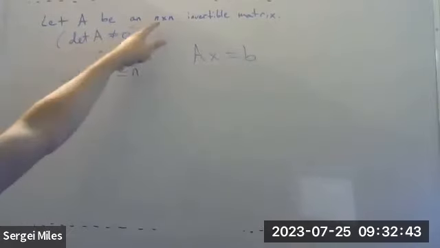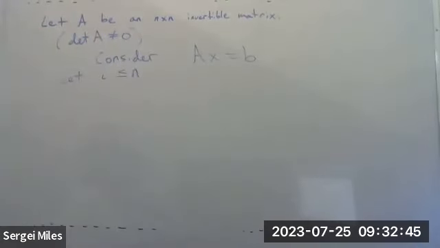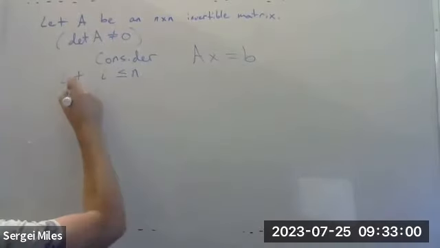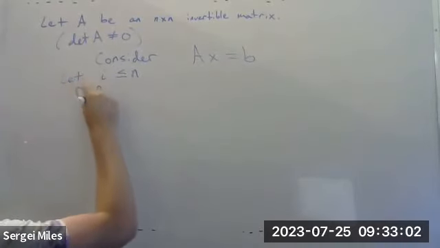But A is an n by n, so I don't have any row or column that is larger than n, right? I only have 1, 2, 3, up to n columns. So I need this i to be less than or equal to n, all right? So i is just some integer, and we're going to define